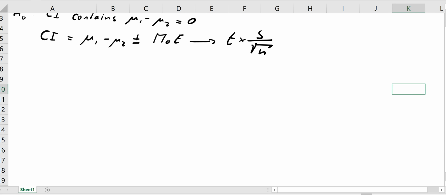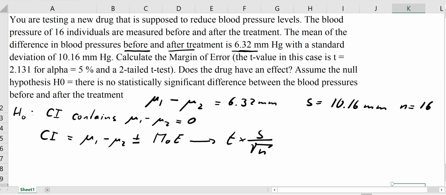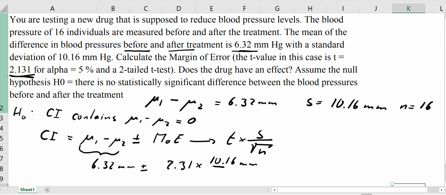So here we have the difference here, that is 6.32 millimeter, plus minus the t value was 2.31, that's here, plus minus 2.31 times 10.16 millimeter divided by square root of 16, and that gives us